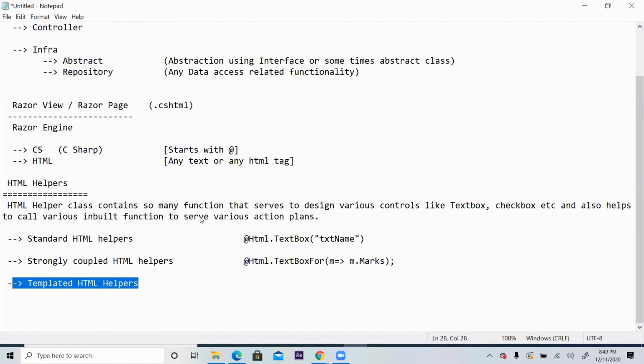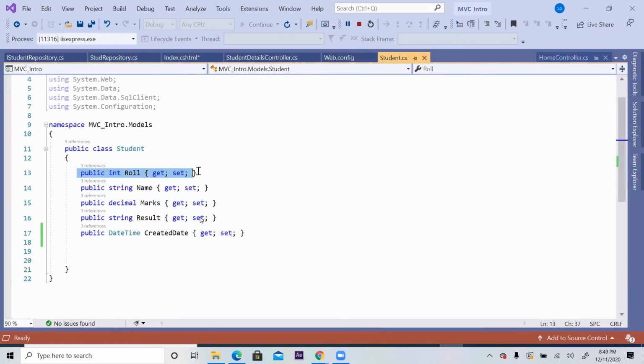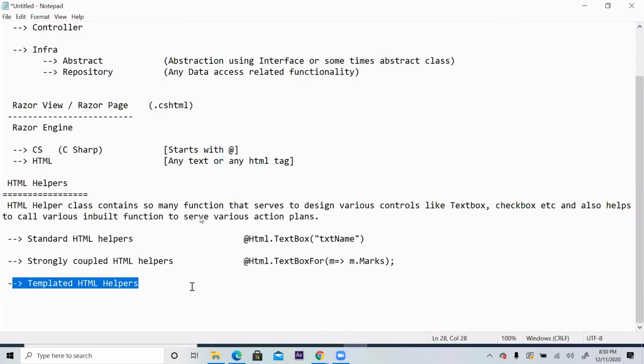What do you mean by data type? Here, integer roll number, string name, decimal marks. So if I said decimal, it should not allow anything other than decimal. If somebody starts typing ABCD, it should not allow. Integer roll number: apart from integer, it should not allow anything. If somebody is typing A1, 2, 3, it should not allow. Okay? Kind of validating the data based on the data type. That label will automatically be applied when we are doing something like this.